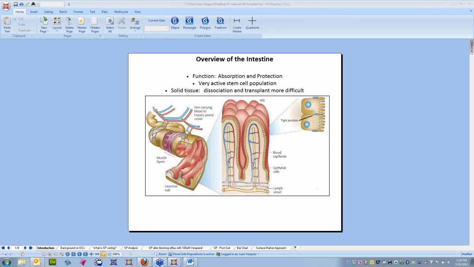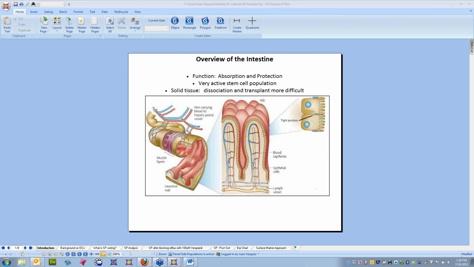Great. So first I want to give you an overview of the intestine for those of you that aren't familiar. Our interest is in stem cells, and it's not only in isolating them, but if you come full circle, it's how we can manipulate them in vivo and possibly transplant them as an end goal. But that's working backwards. In order to understand how they work and to transplant them, we have to isolate them